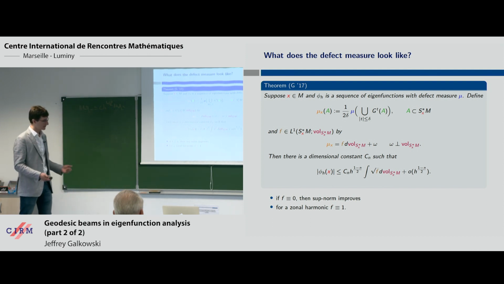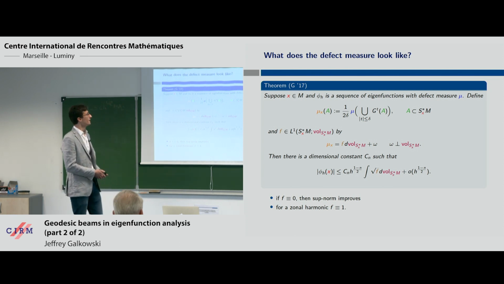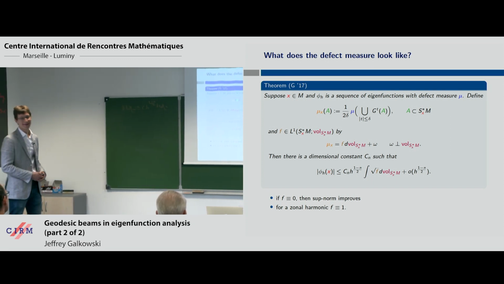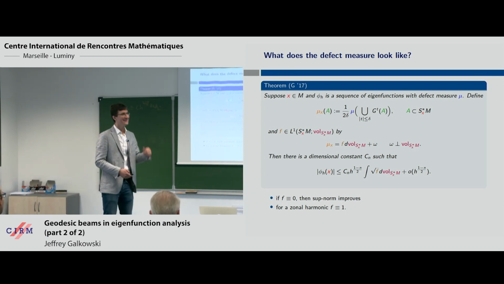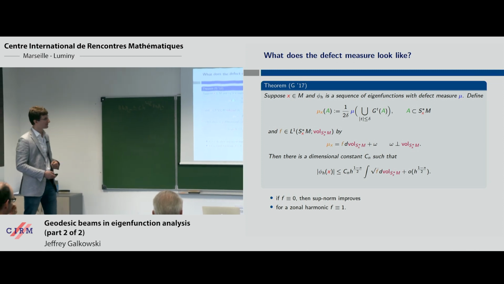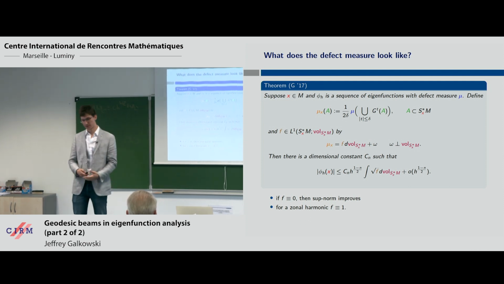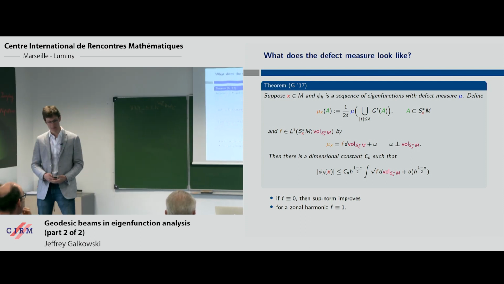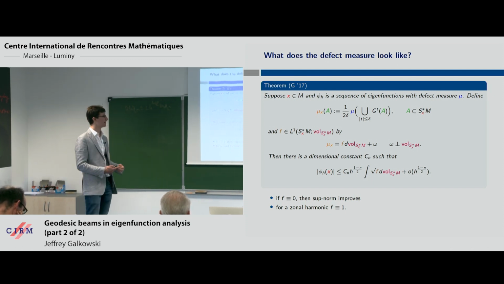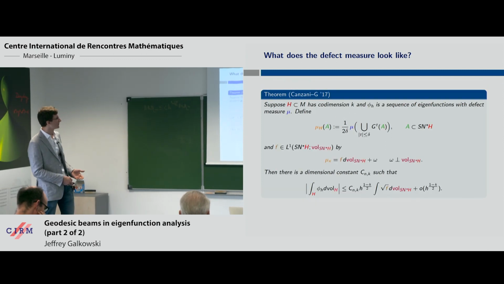And then, as Shiza said, she and John Toth were working on averages, and we somehow got together. And then we wrote some paper with John, but the realization that this was the same story, that averages are the same as L infinity norms, happened a little later, just with Shiza. And so you have exactly the same theorem,